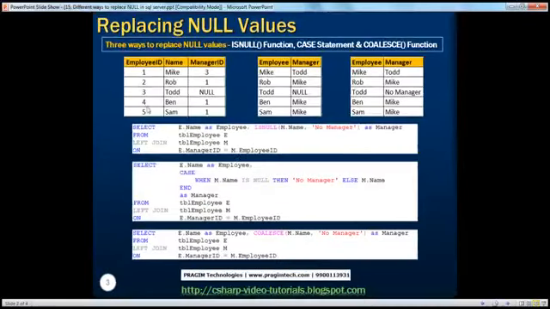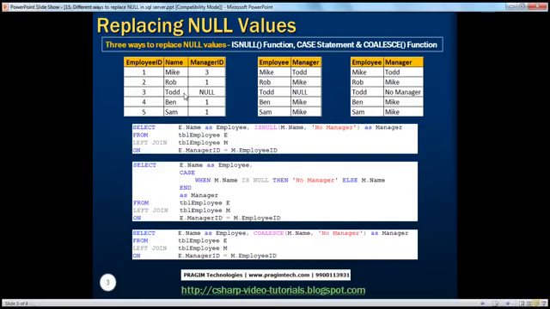Now, I have an employee table which has 3 columns: employee ID, name, and manager ID. If I ask you who is the manager of Rob, you look at the manager ID column. Manager ID for Rob is 1, and you look up 1 within the employee ID column. 1 is Mike, so Rob's manager is Mike. Along the same lines, if you look at Todd, the manager ID value is null, which means Todd doesn't have a